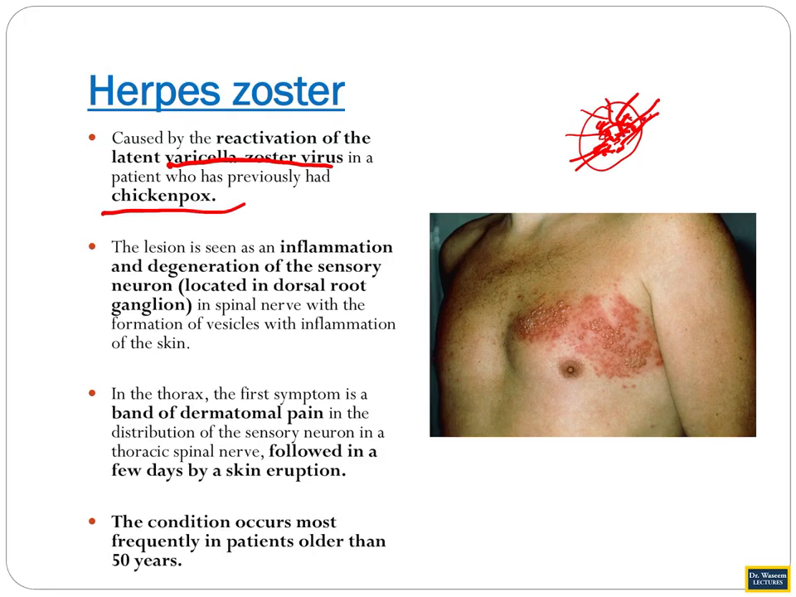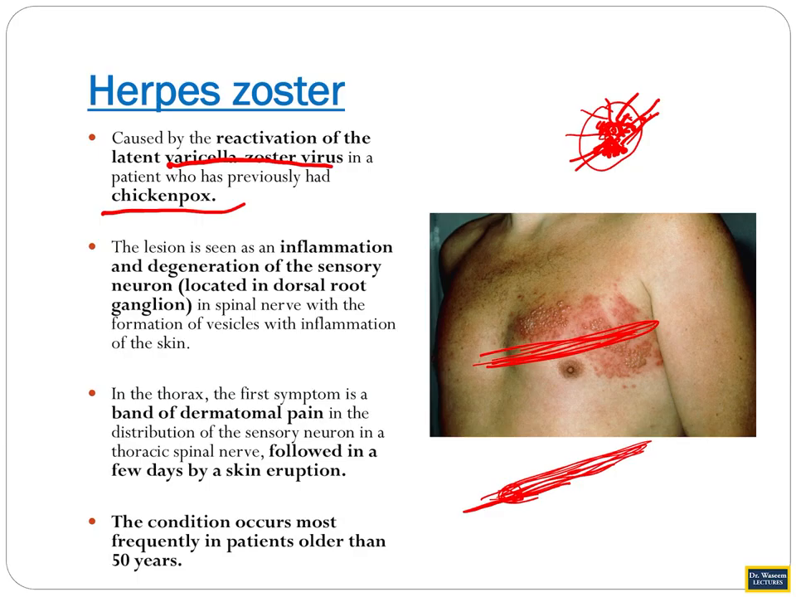And in the thorax, you see, the first symptom will be a band of dermatomal pain. For example, if the T10 ganglion is involved, you will feel the pain in the dermatomal region of the umbilicus. If it is T3, you will feel pain in this region, for example. Initially it is the dermatomal pain, localized to the distribution of the corresponding nerve, but it can be even 1 or 2 dermatomes involved simultaneously, followed after a few days by